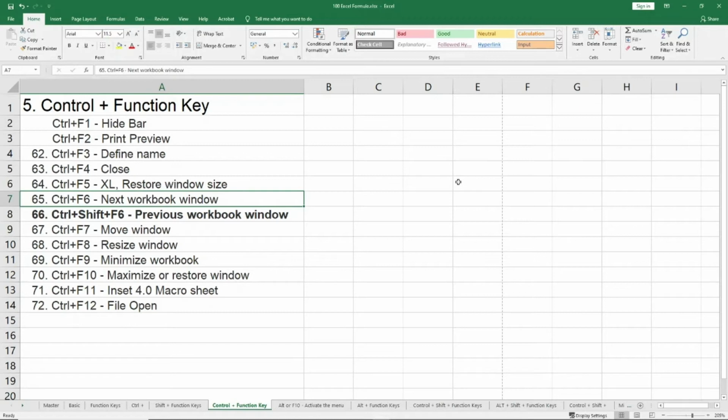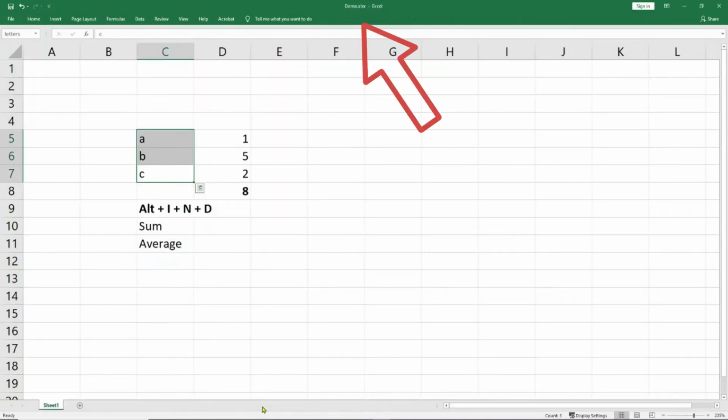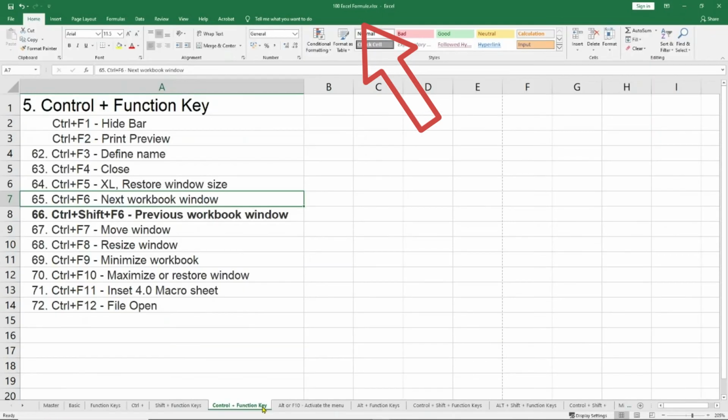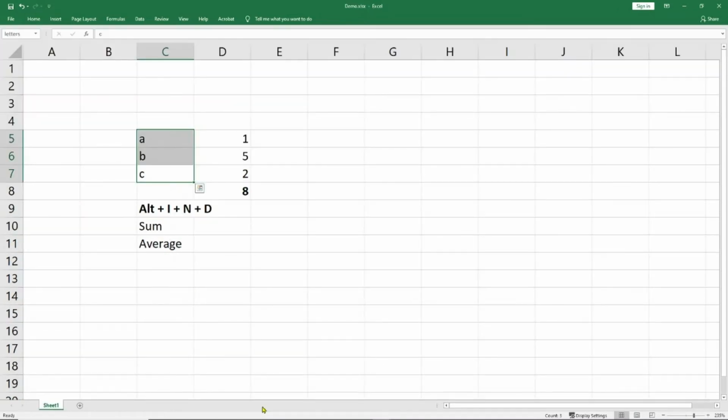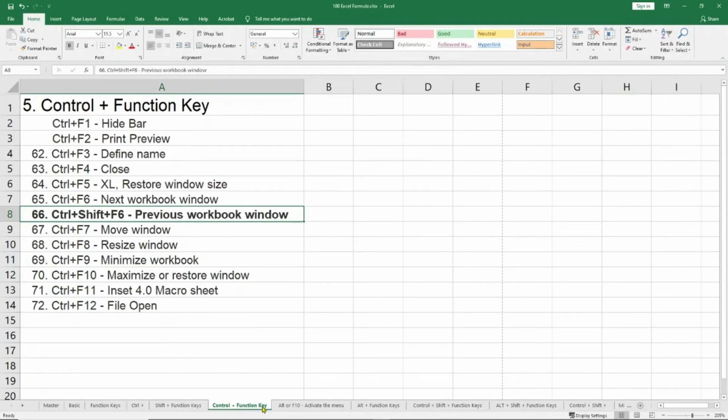So just for clarity for most of the users, there is a difference between the worksheet and the workbook. Worksheet is basically all these sheets I have down here, and workbook is basically the Excel files we normally open and we save. So the demo.xlsx is one workbook and the 100 Excel formulas is another one. So if I go and press Control and F6, it will take me to the next workbook. Control Shift F6, I know it's not exactly here, it might be repeated again, but this is to show what it will do because the relevance is here. Control F6 takes me to the next one and Control Shift F6 takes me to the previous workbook.